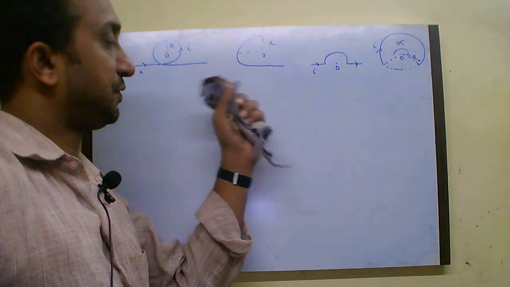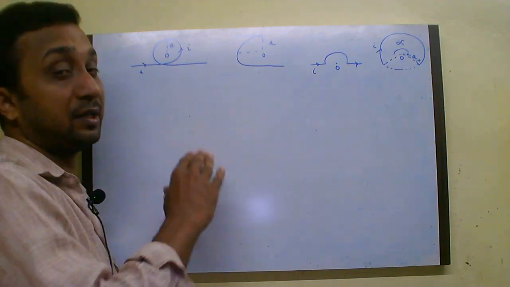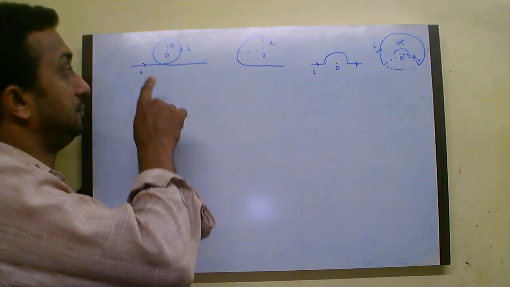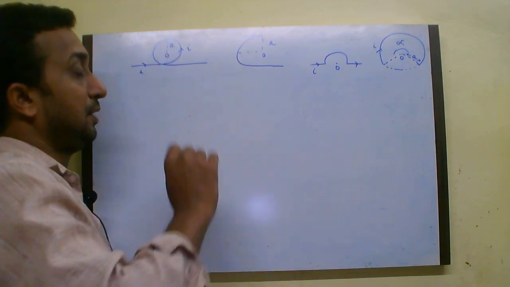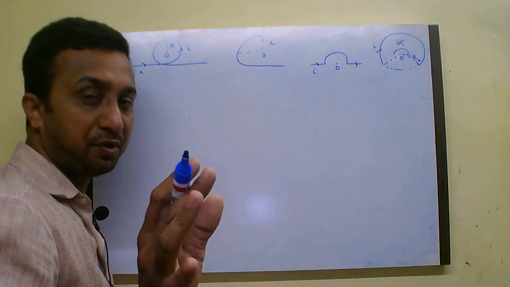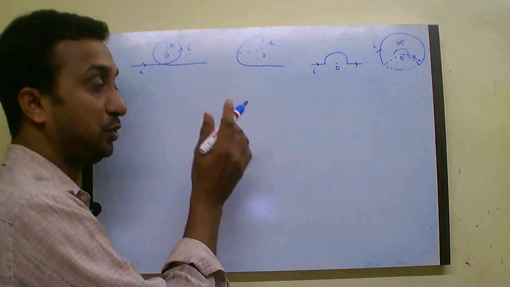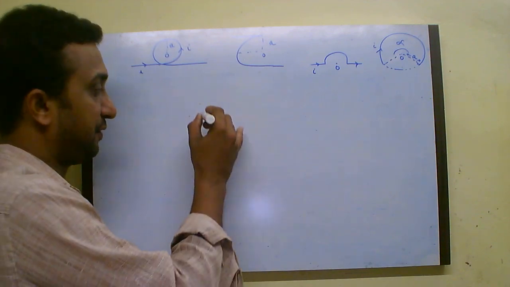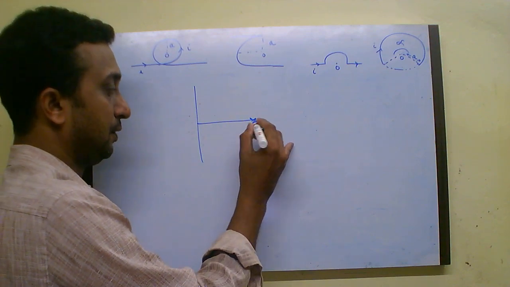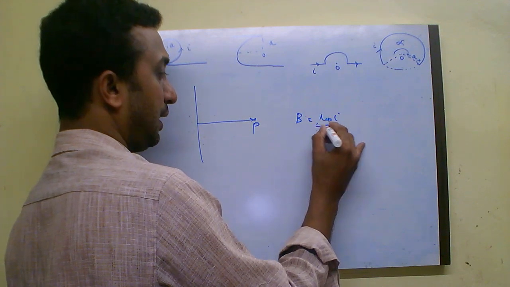Now let us solve these questions. Normally such a figure will be given and they will ask to find the magnetic field at the center. And in all such questions, the two equations you have to use are the magnetic field nearby an infinitely long conductor, which is B equals mu 0 I by 2 pi r,